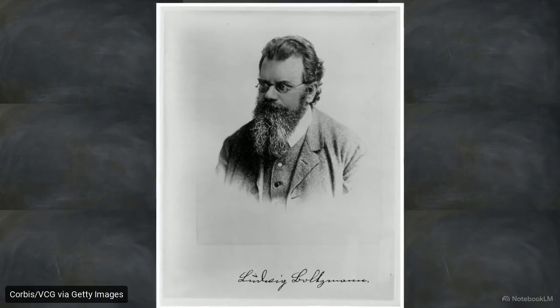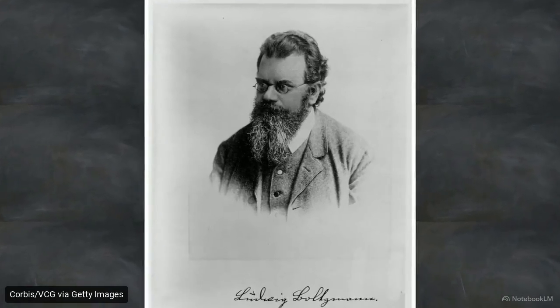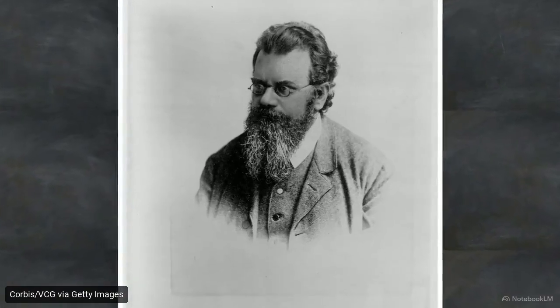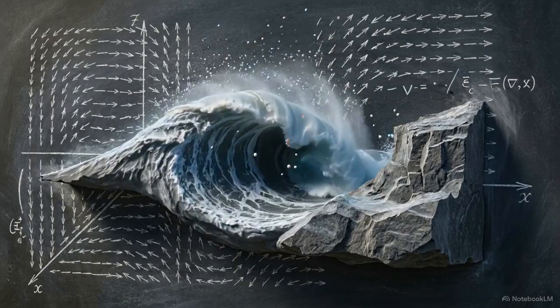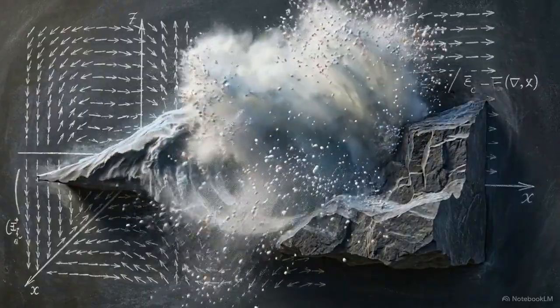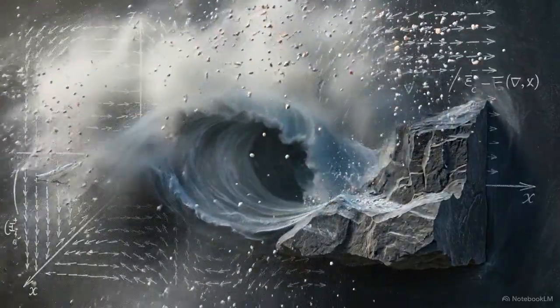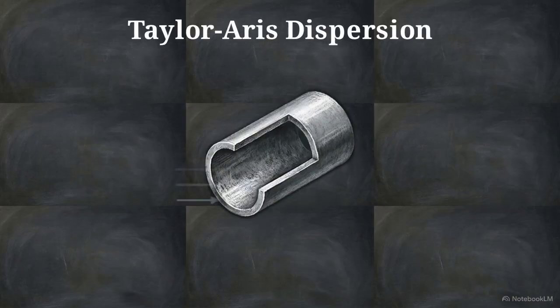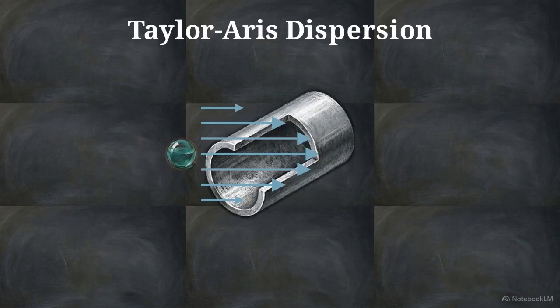We owe our understanding of these equilibrium states to the foundational statistical mechanics developed by physicists like Ludwig Boltzmann. The vast diversity of physical phenomena we observe emerges directly from the precise coupling of these different constitutive relations. Capturing complex behaviors does not require drafting highly complex equations. This 3D cross-section illustrates Taylor-Aris dispersion, a prime example of macroscopic emergence in a fluid pipe.